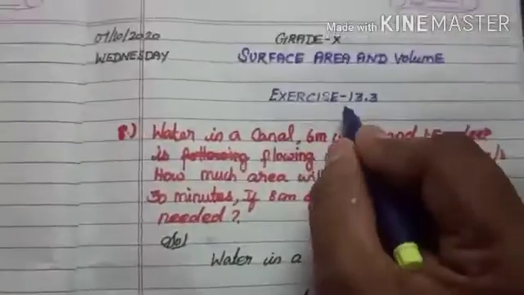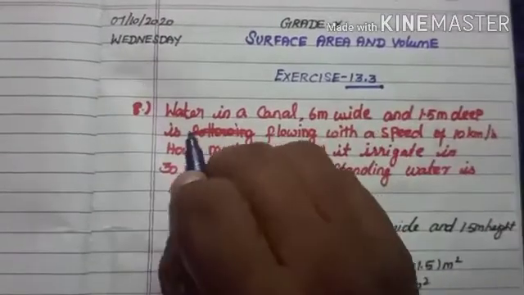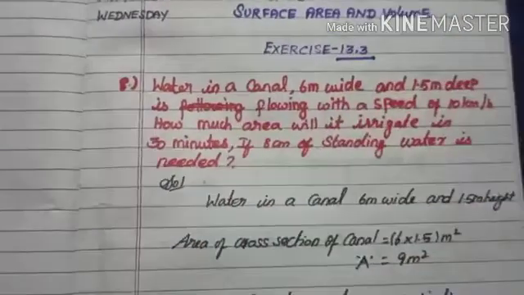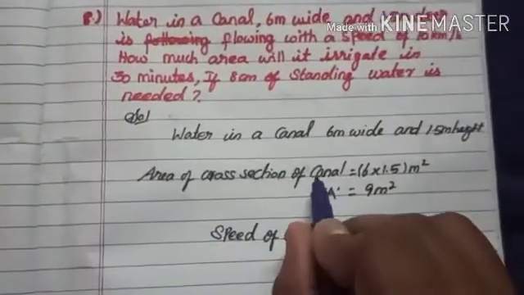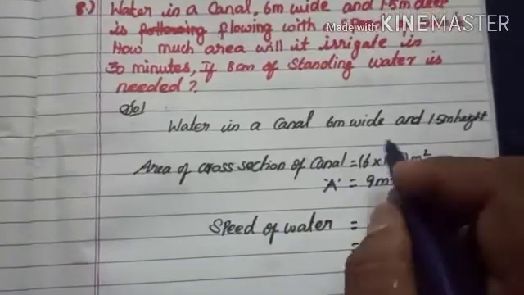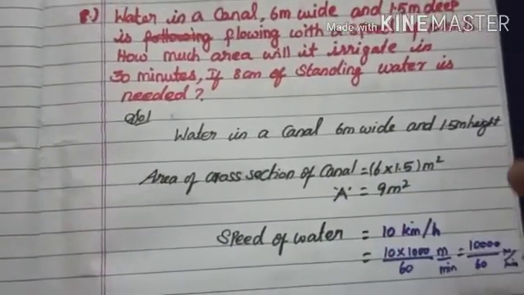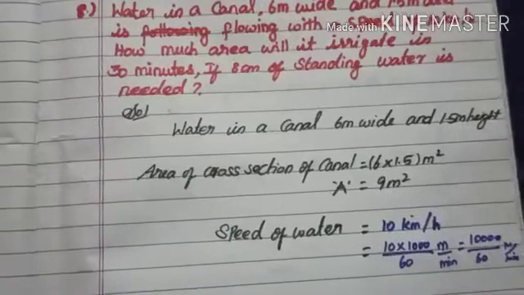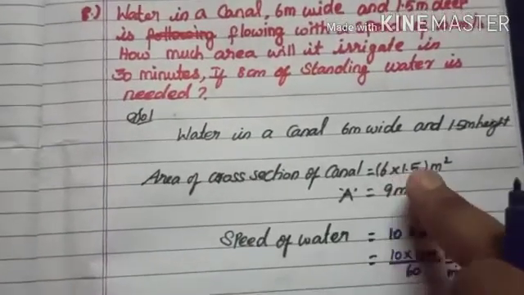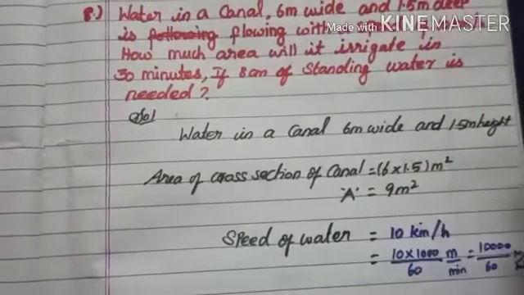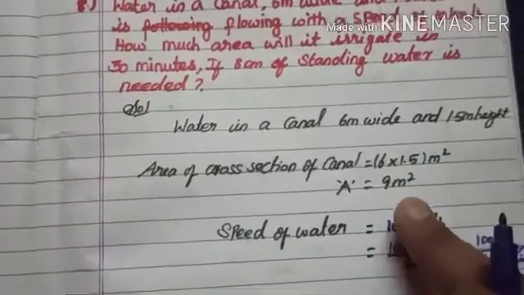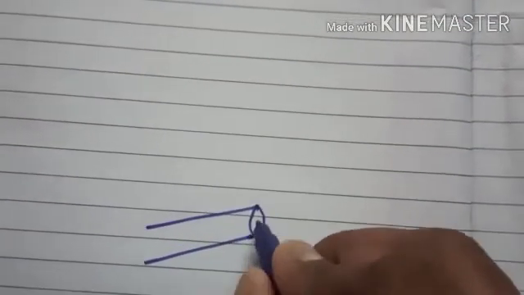By using this type of question, you need to work out question number 9 of exercise 13.3. You do it as homework. The only thing here is the cross section of a canal, which is a rectangle shape, a cuboid shape, but you need to take a cross section, meaning you only multiply the 2 dimensions, the area covered in a cross section. But there, that area is a cylinder.